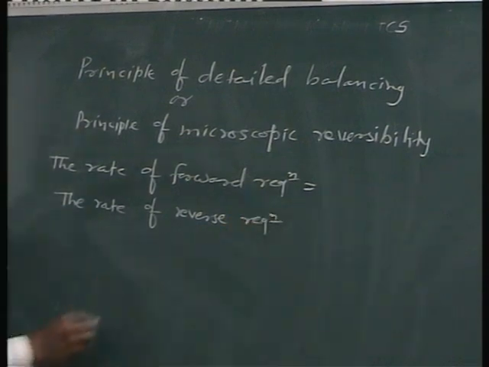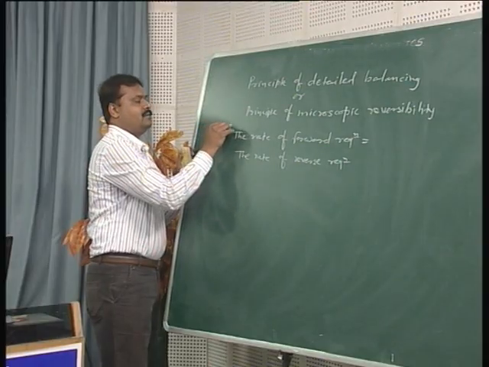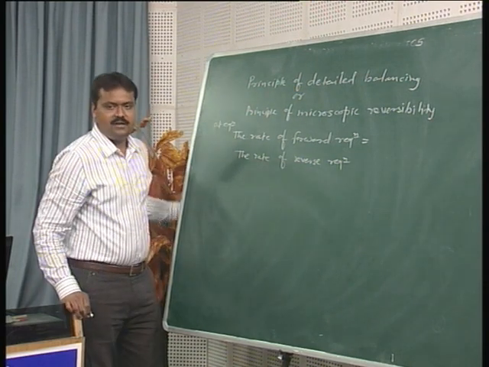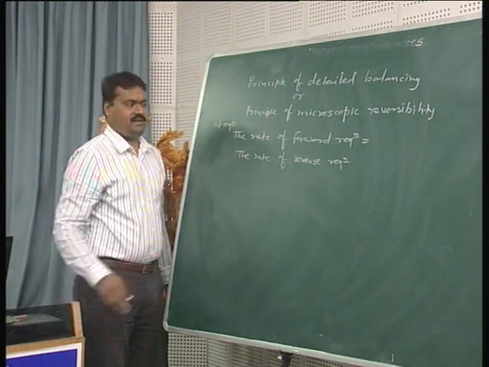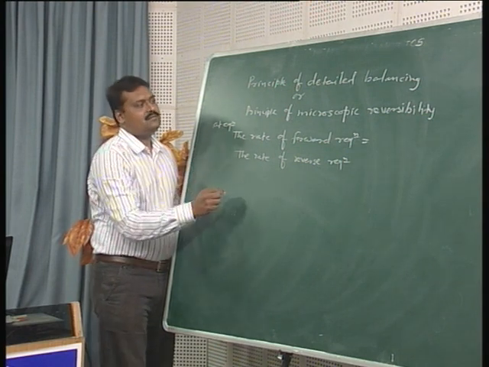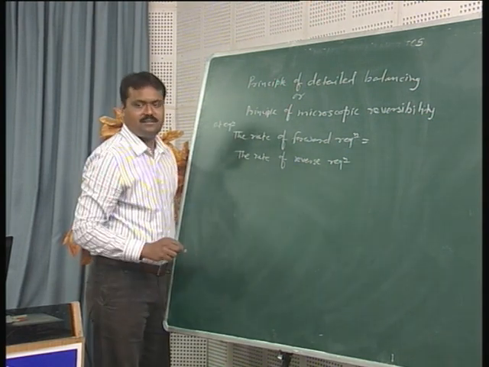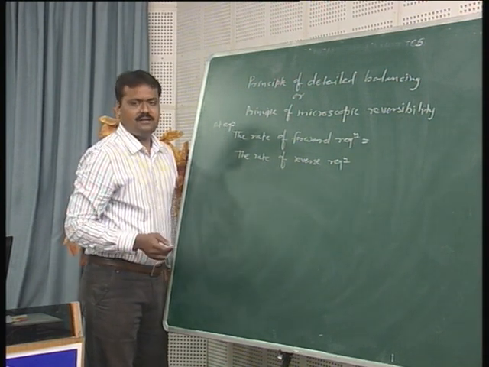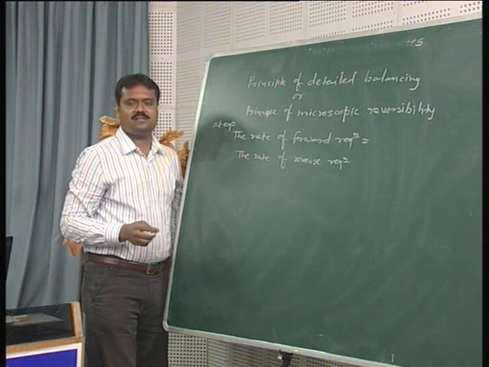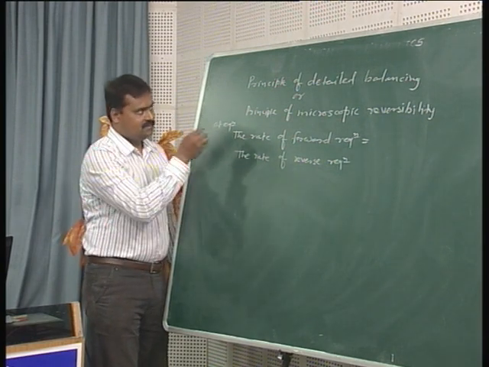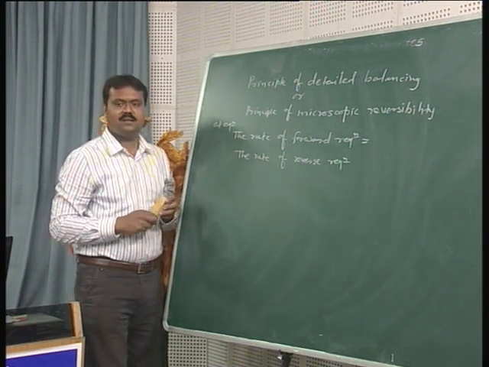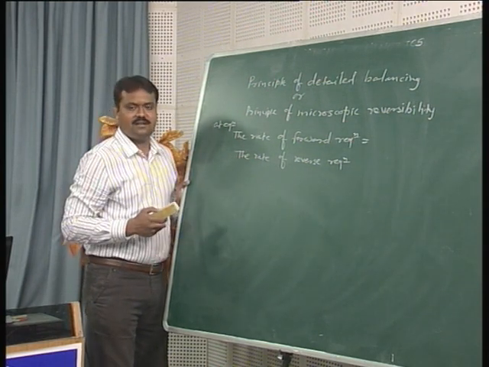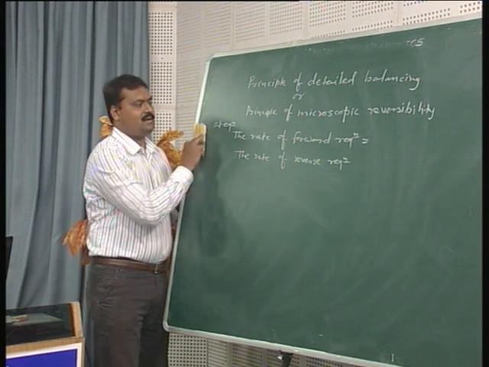And this is a well known fact. At equilibrium, the rate of forward reaction becomes exactly equal to the rate of its reverse reaction. And we are using this fact to establish the relation between the equilibrium constant of the reaction and the rate constant of each elementary step and its reverse reaction, which is called the principle of detailed balancing. Now let us try to understand this principle by taking a suitable example.